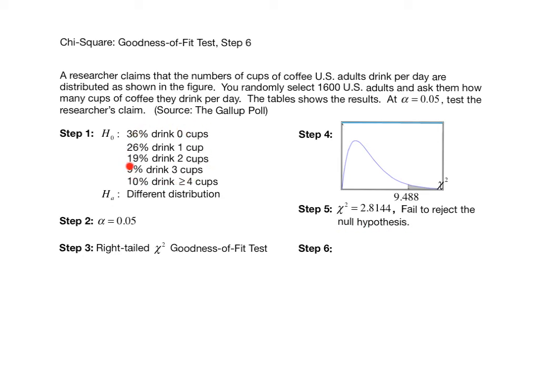Here's the null hypothesis. So we're failing to reject that 36% of American adults drink 0 cups, 26% drink 1 cup, 19% drink 2 cups, 9% drink 3 cups, and 10% drink greater than or equal to 4 cups at a 5% level of significance. So let's write this in. At 5% level of significance, we fail to reject